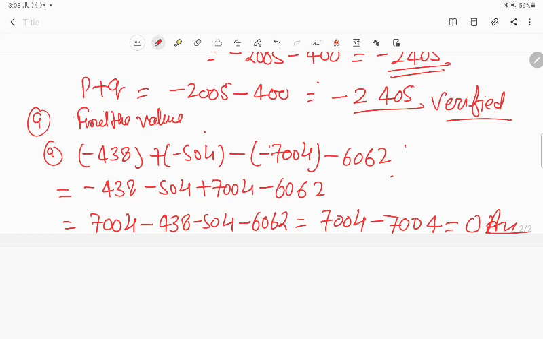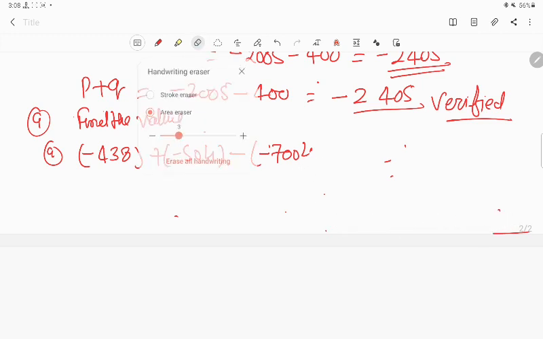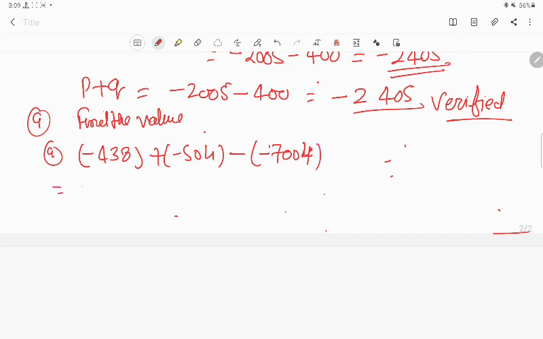see, there is some mistake in the question given here. See, student, your question is given like this: 9th, A minus 438 plus minus 504 minus 7004 given. Simplify this only, minus